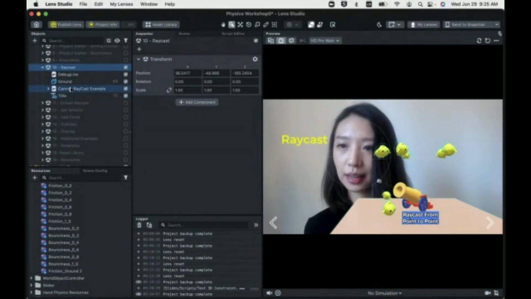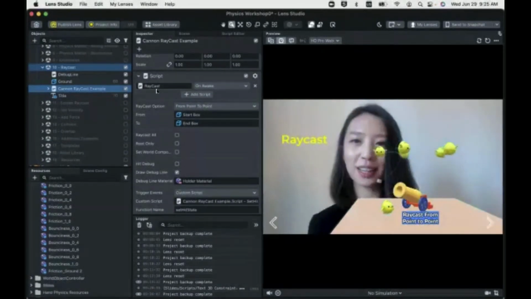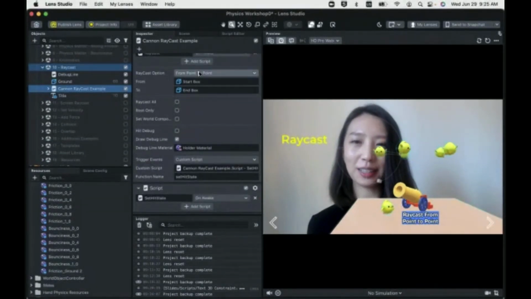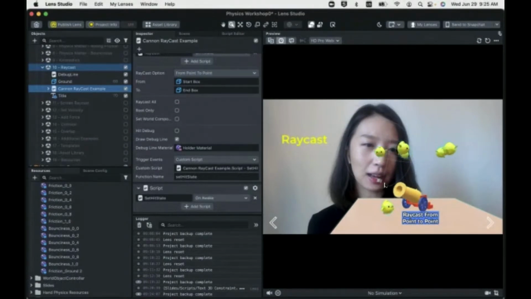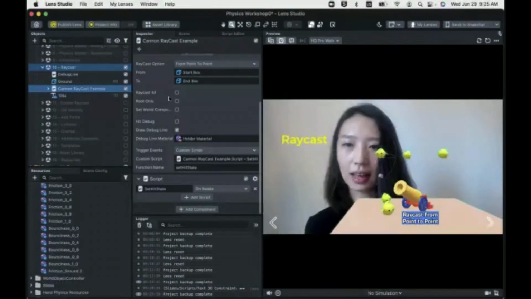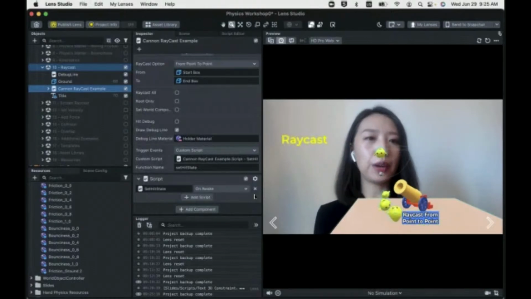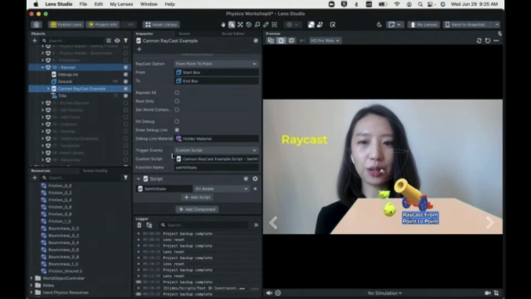Okay, with raycast, we actually have this helper script called raycast script, where you define two points. Here we have one point, the other one is on the bottom of the cannon. Once you can draw a ray between these two points and then make it collide with any physics objects, once the hit happens, we are going to trigger